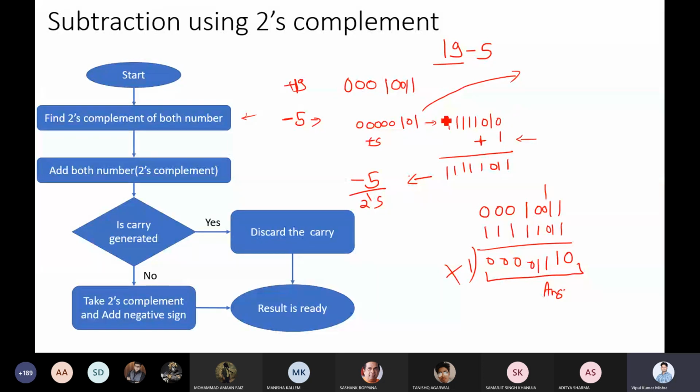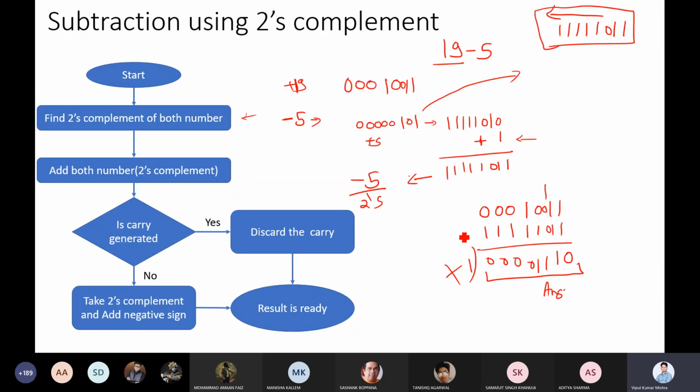So simply it is saying, once you start from the right side, and once you get the first one, keep it as it is and then reverse the remaining bits. So we'll get the first one here and then the remaining bits you have to reverse. So it is 1 0 1 1 1 1 1. Getting? Then it is 2's complement. Means actually you do not need to do this procedure, you can directly get it. But for simplicity, we are following this. But in the system, you do not need to do this addition.